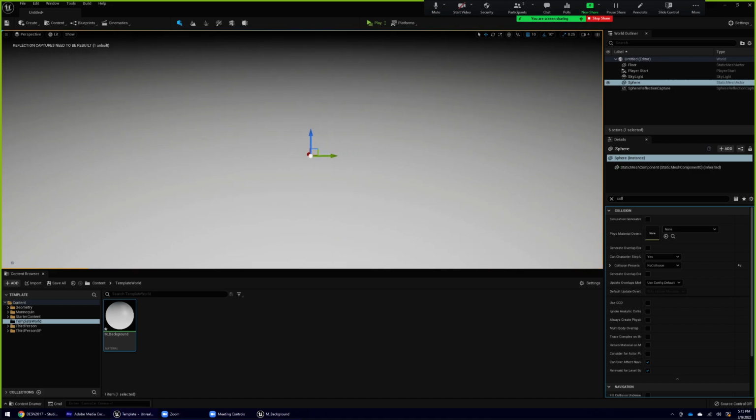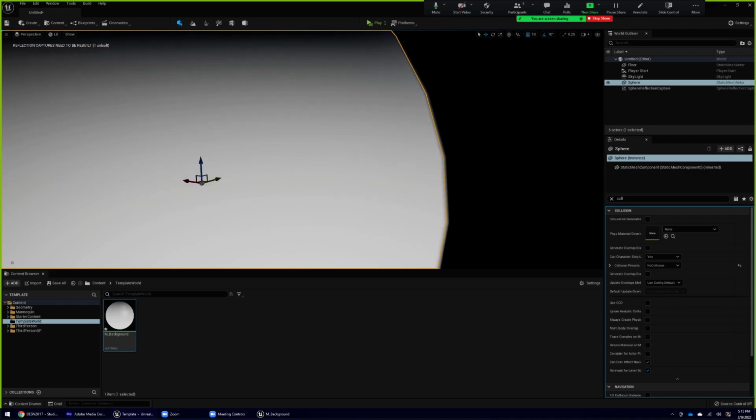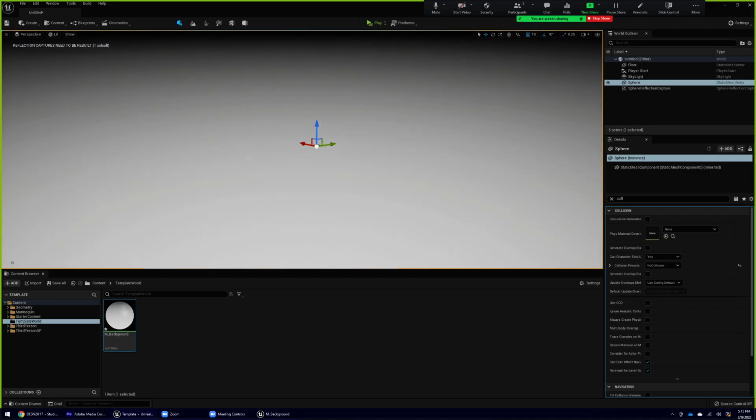So let me make that bigger. Much better. Now it's even hard to see inside here because I'm moving and nothing looks like it's moving with it. But it's there. But let's make it better. One last thing that I want to do to the sky sphere to really customize it